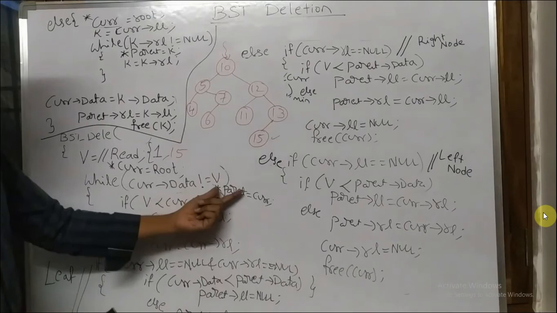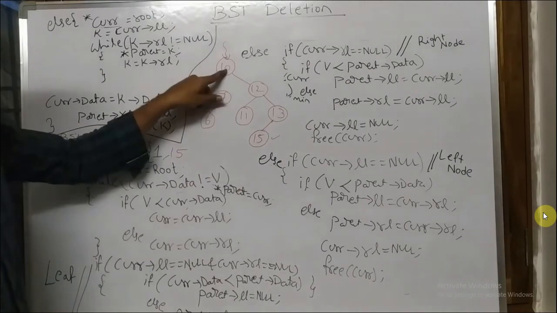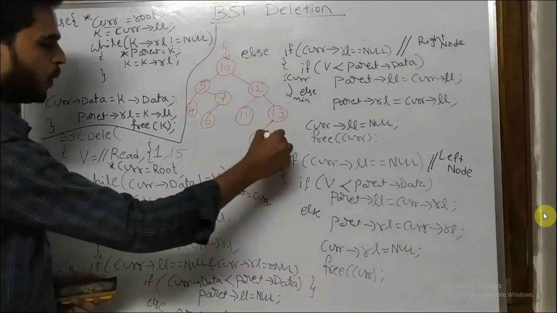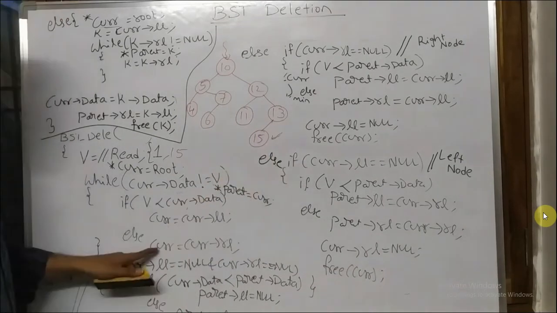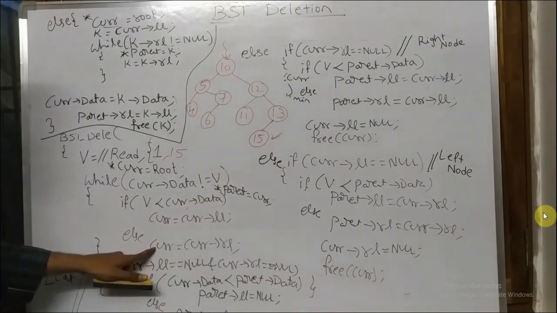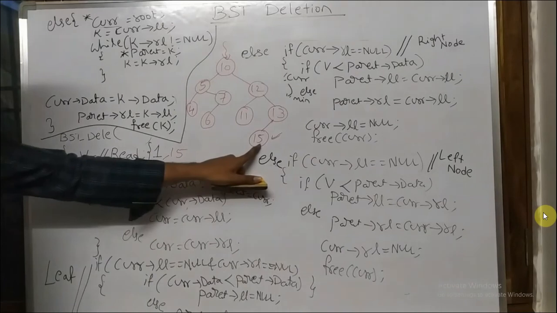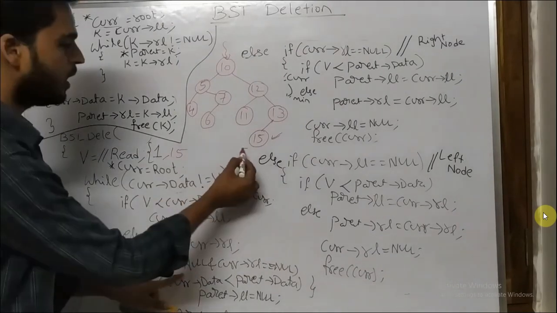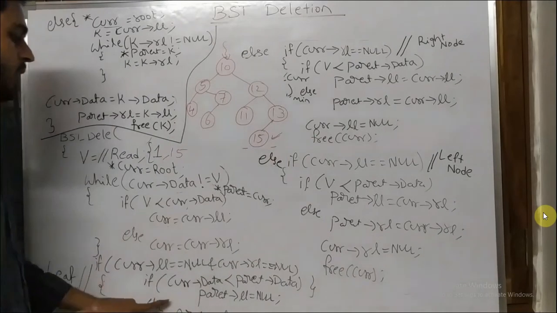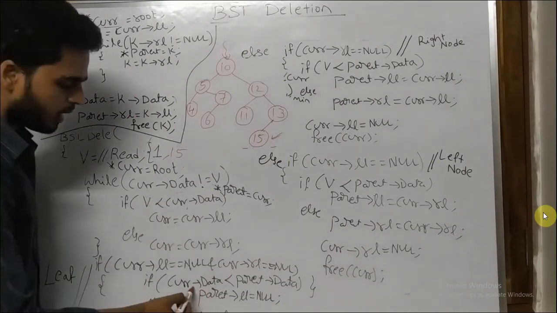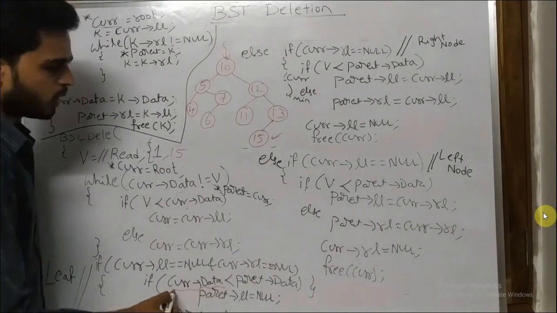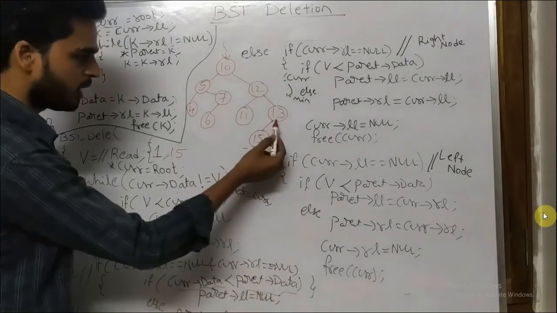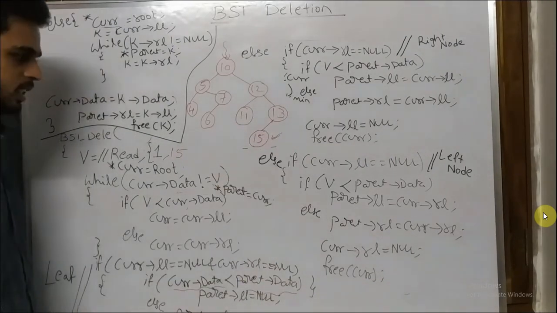The condition failed. When the condition fails, the parent value is this address, so it will move up to the corresponding node here. Then we identify that my corresponding current node is 15. Then it comes to here. Is the left link null and the right link null? Yes, obviously left link null and right link null. When both are null, is that node's data 15 less than its parent 30? 15 less than 30, condition failed.